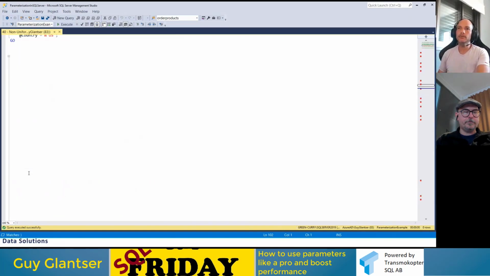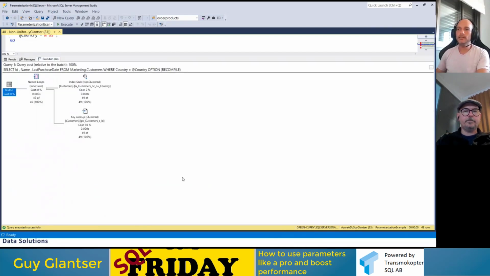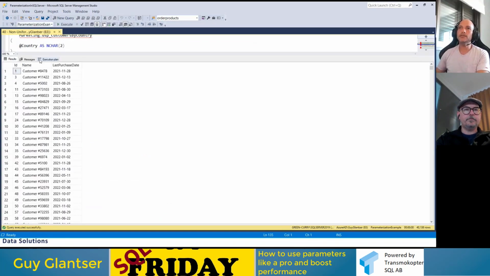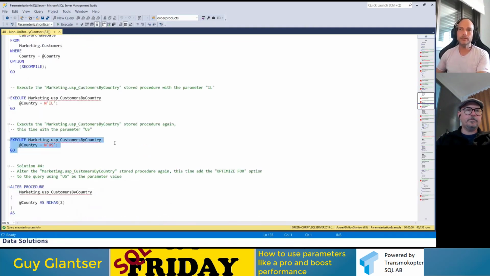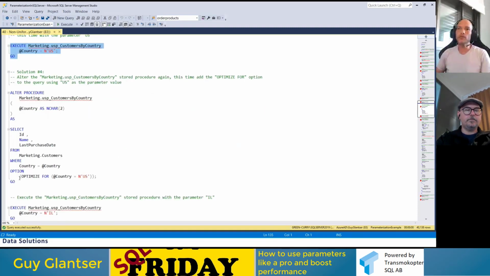Of course, in our case, we won't notice any difference. It's still going to be an index seek lookup, and in the next execution, it's going to be a clustered index scan. Okay, so great. But let's say you can't afford it. Okay, this stored procedure is executed many, many times. You don't want to use either with recompile or option recompile. Another solution is to use optimize for, option optimize for. Again, it's part of the query. It's a query option, in the select statement.